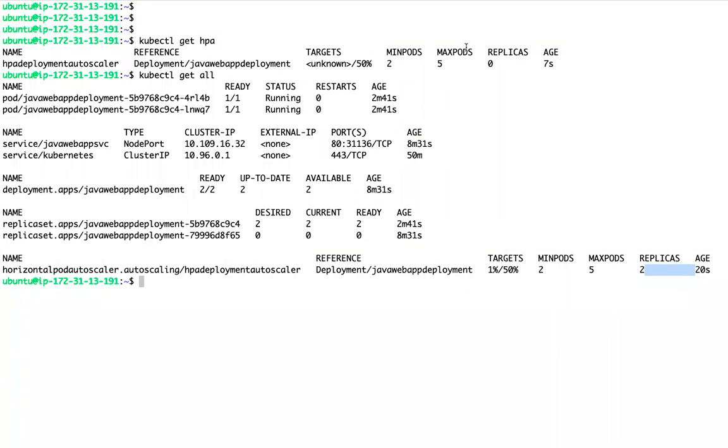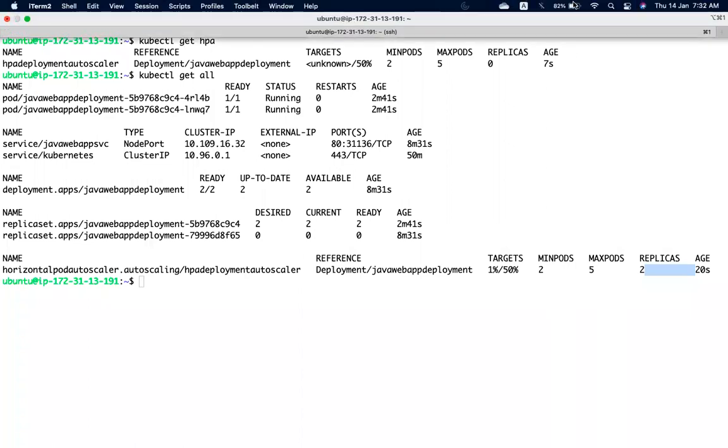Today we just discussed this HPA and how it works, what is resource request and what is resource limits. So try to practice whatever we discussed today. We'll continue tomorrow, guys.